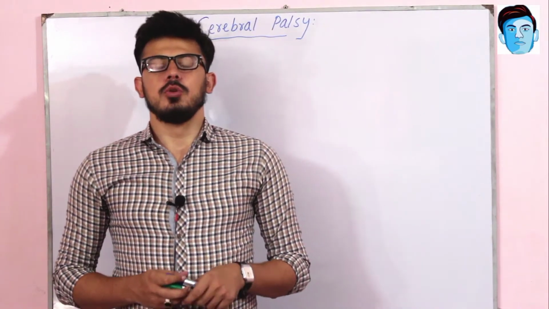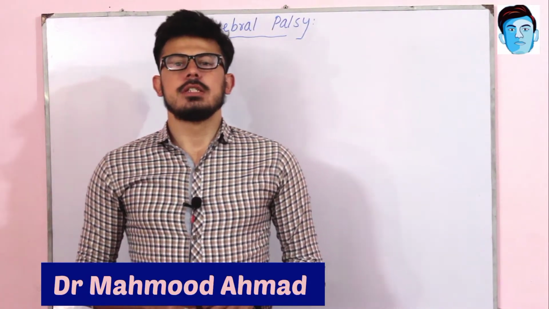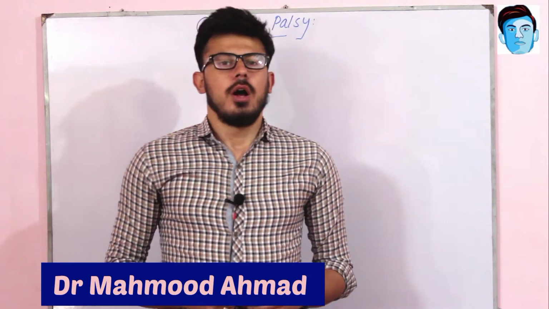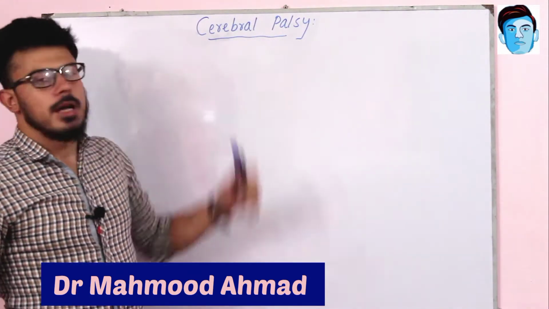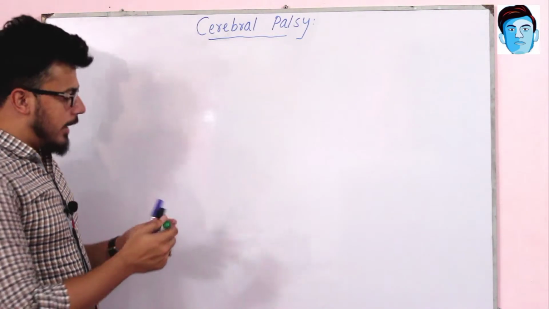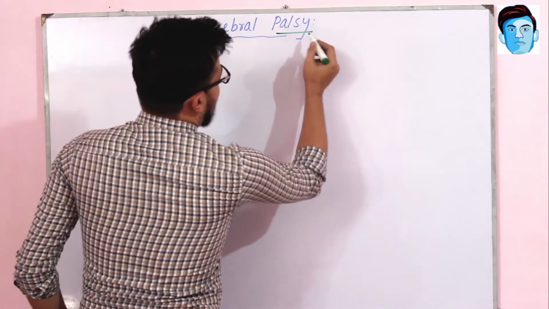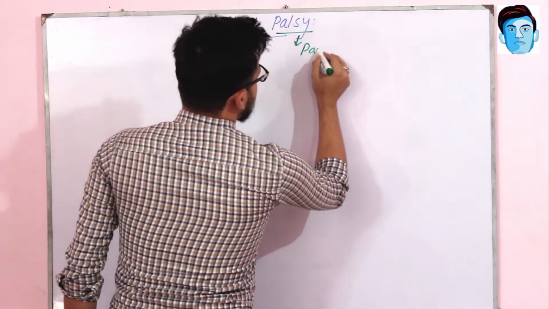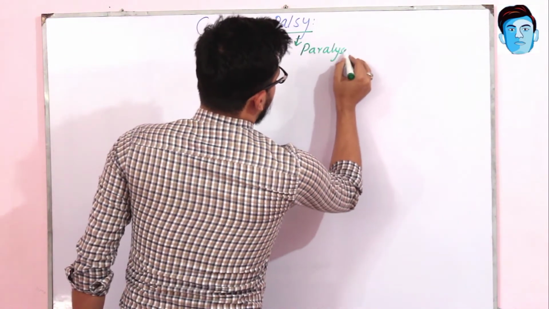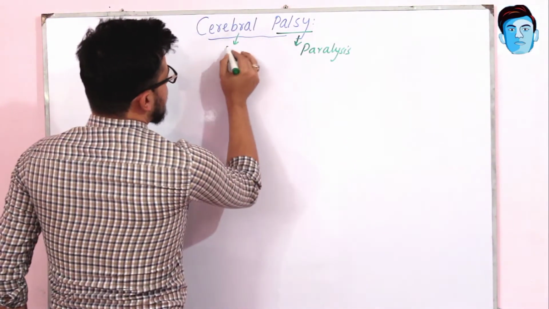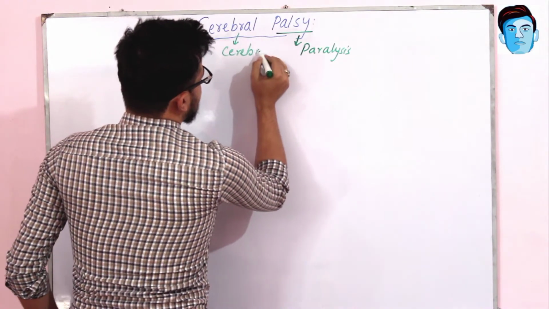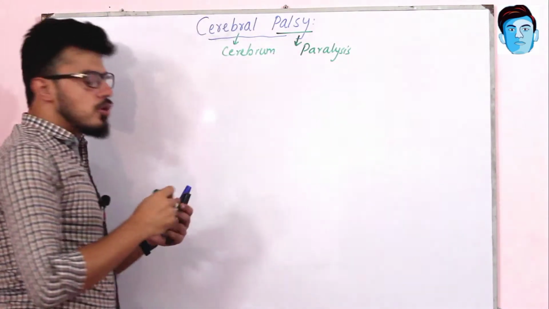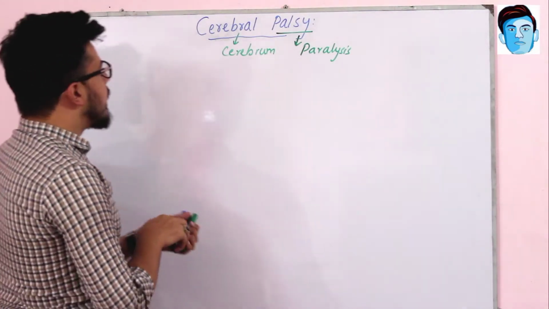Doctors, today we are going to talk about cerebral palsy. So let's talk about what palsy is. Palsy is a word that is related to paralysis, and cerebral means cerebrum, which is the largest part of the brain. So cerebral palsy means it is the dysfunction